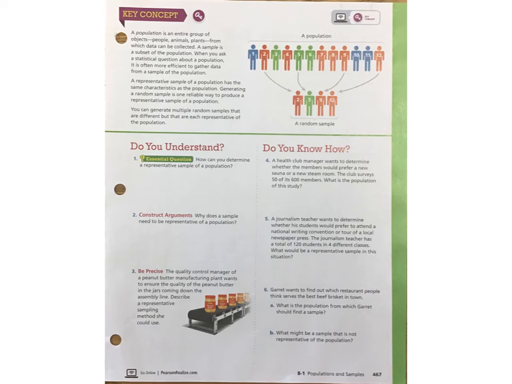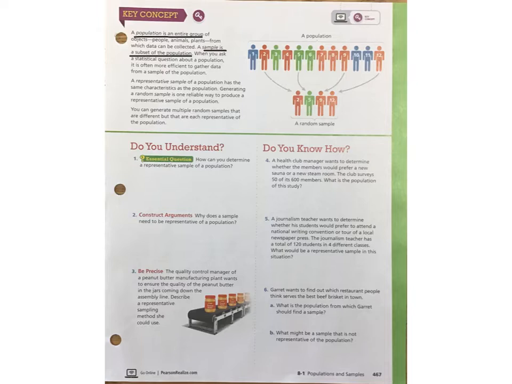Now let's take a look at the key concept. Remember that a population is the entire group of objects, people, animals, or plants, from which data can be collected. A sample is a subset of that population, a smaller group. When you ask a statistical question about a population, it is often more efficient to gather data from a sample